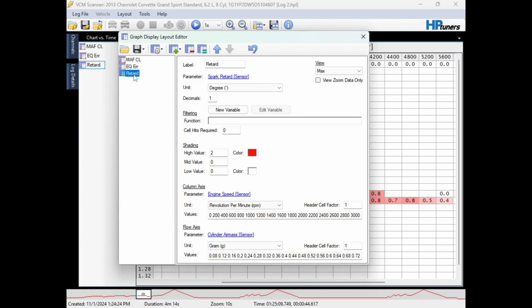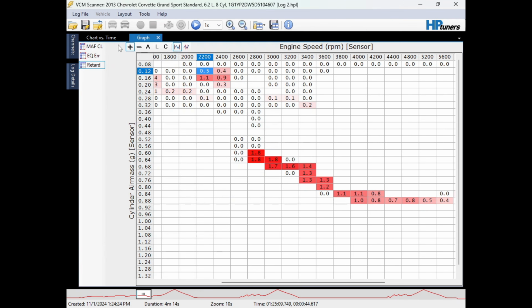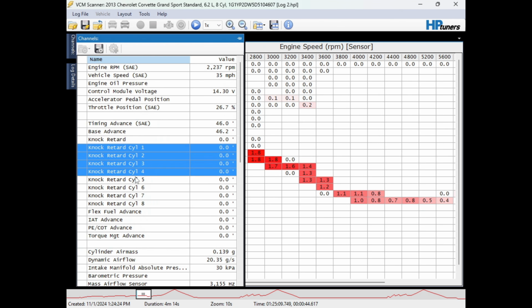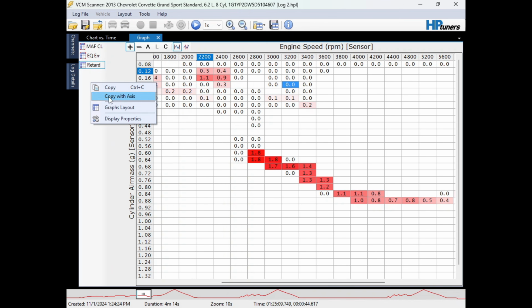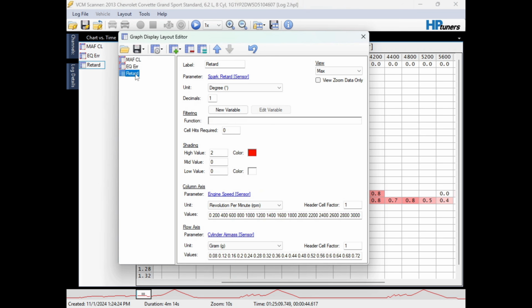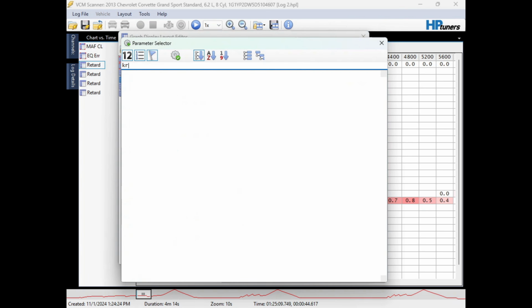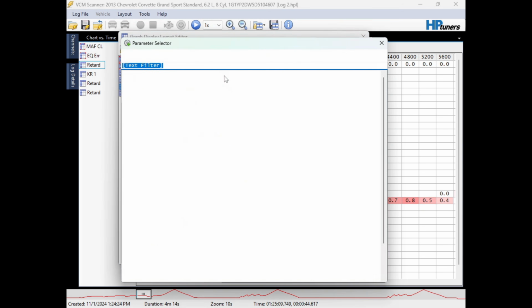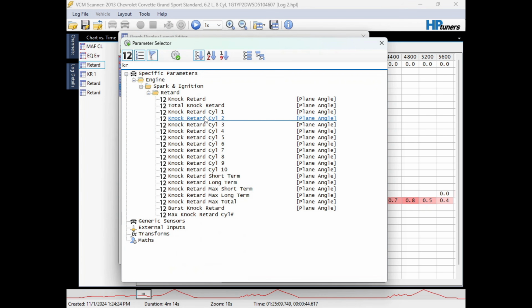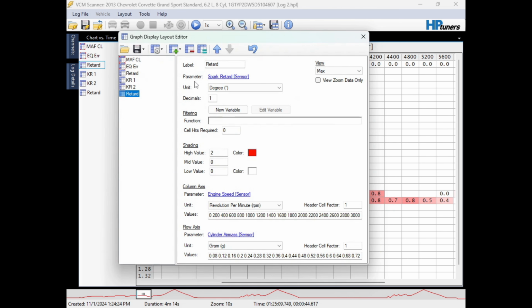I guess one other thing, hey, while we're at it, if I hit the plus sign, remember, go back over here, we have all the knock over here, right? So we could very quickly and easily go to graphs layout. I'm going to say this will be cylinder 1, 2, 3, so on and so forth. I can now say KR, and then we'll pick cylinder 1. We can do KR, cylinder 2. We can do